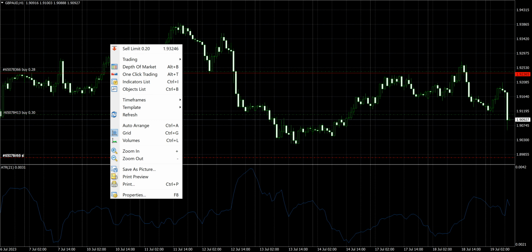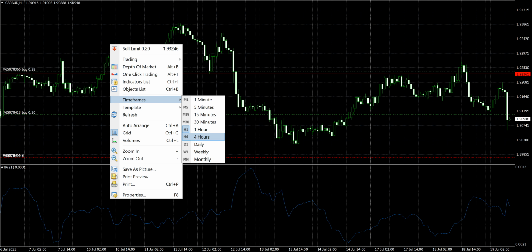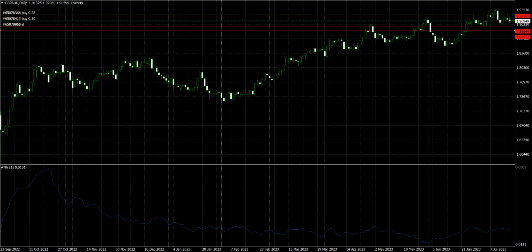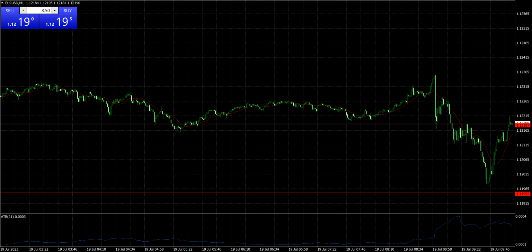If we look at the macro approach, though, we are still on a bullish market. If we look at the daily time frame, we can see that we are still moving on up, and that could have just been a false move to the downside. We are now done with that announcement, and I'm just waiting. But in the meantime, I'm just going to be day trading my Euro US dollar, and we do have a possible reversal to the upside.